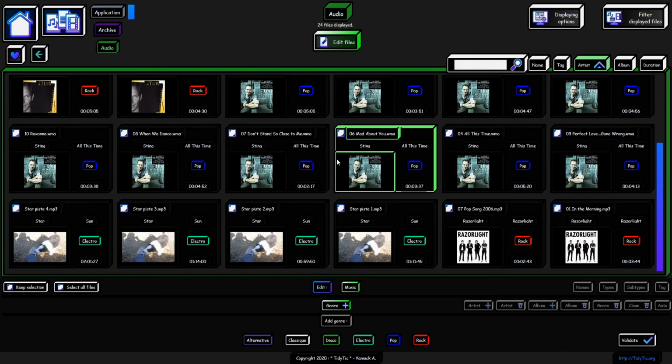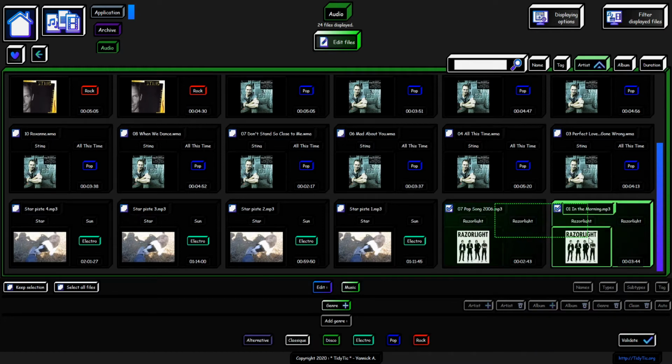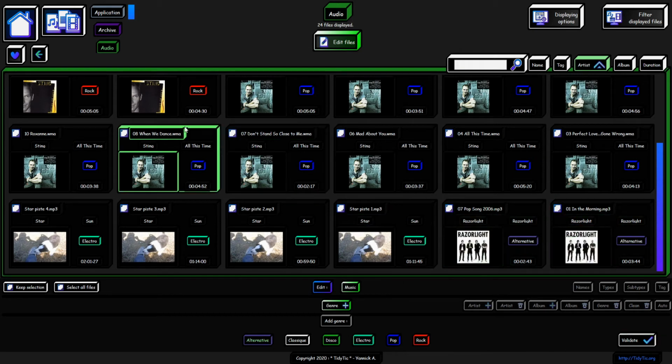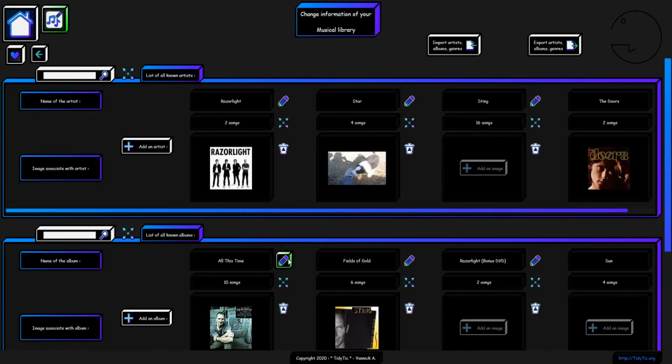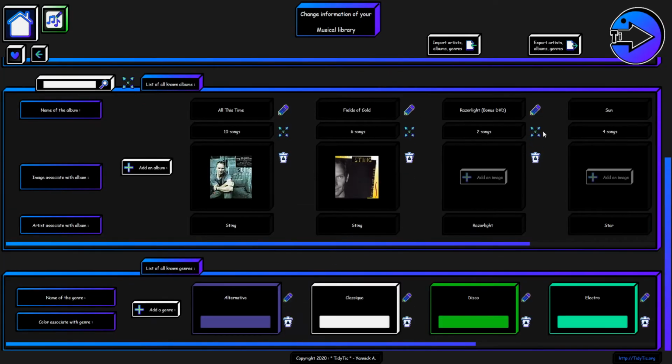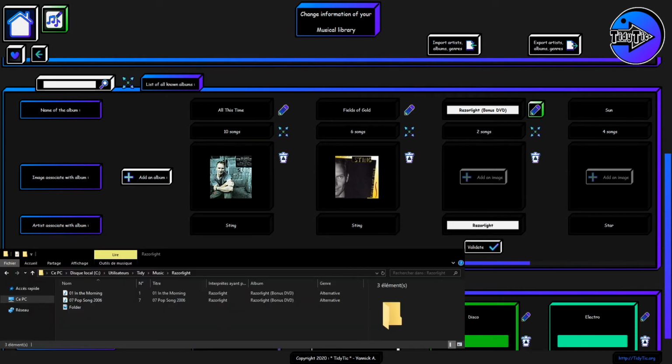So all modifications you make from TidyTick on these files will be visible on your phone or even on your car radio. To modify an artist name already known, or create a new one in order to be able to add it to your songs, you must go through the musical library page of the software. On this page you will see all the information known by TidyTick about the songs it has scanned. You can change artist or album names here.